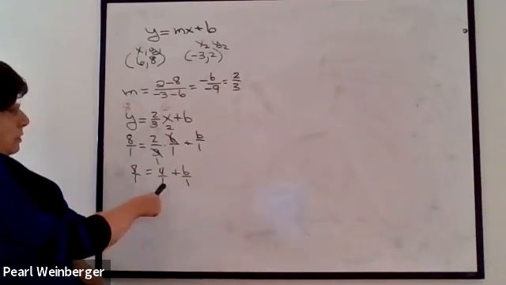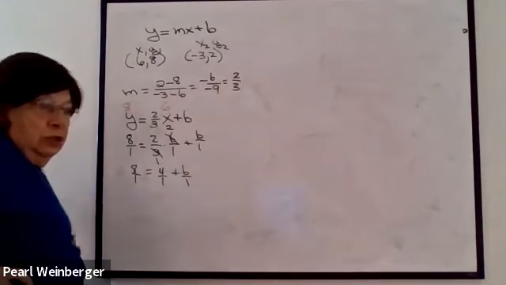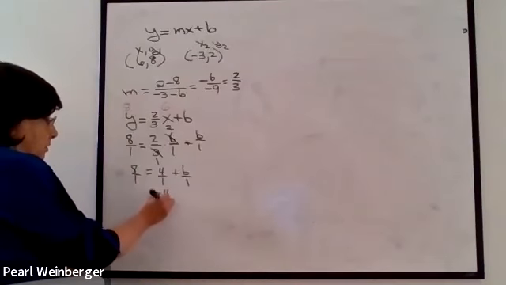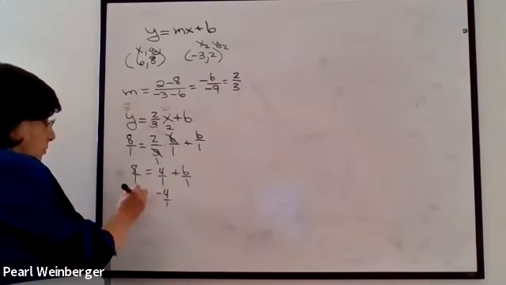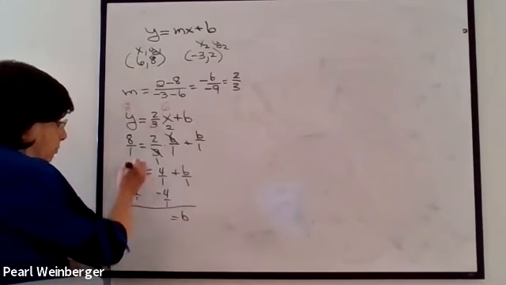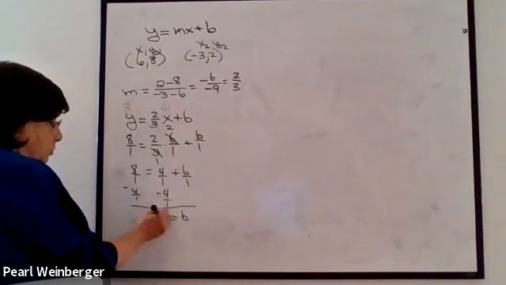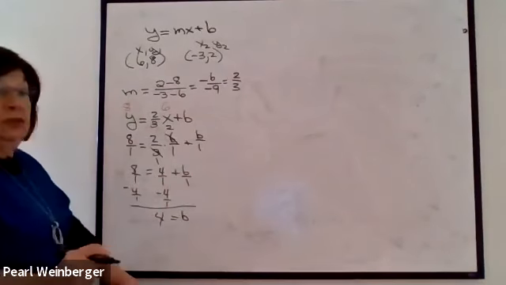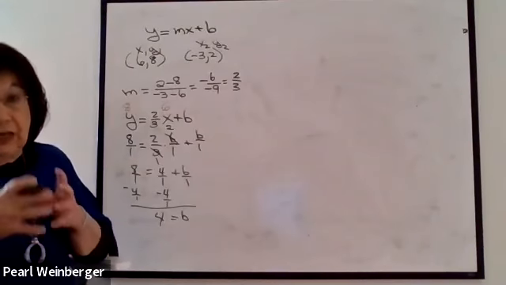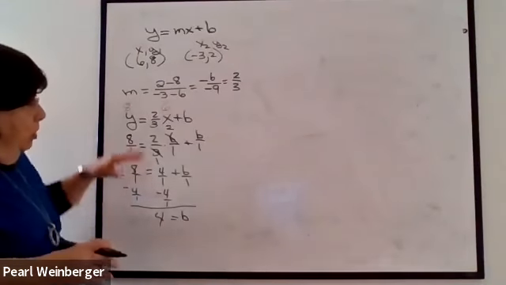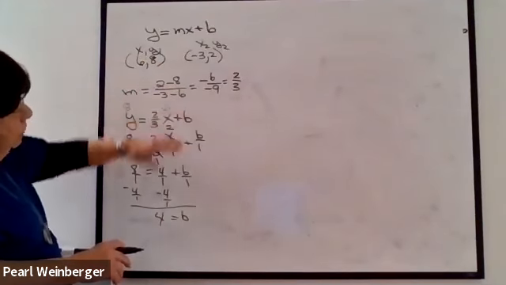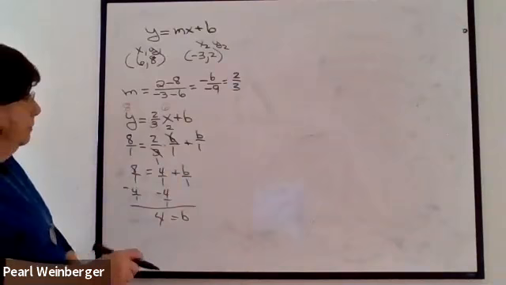This was much easier because this is not a fraction, it's just a whole number. If I subtract the 4 from both sides, that gives me b over 1, which is b equals 8 minus 4, which is just 4. This was much simpler than the other one because we didn't have to deal with the fractions, but the concept was the same. We first stuck in the slope and used it to figure out what the y-intercept is, so